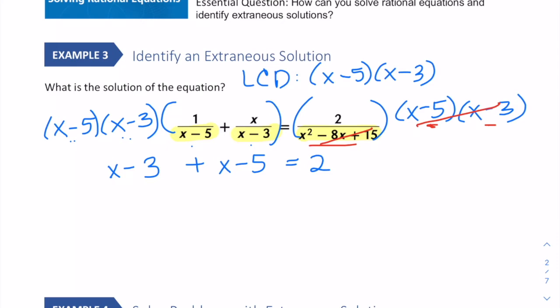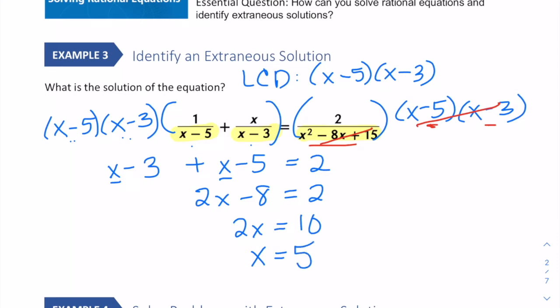Now we made our equation much easier to work with. So from here, I'm just going to combine like terms. So we have 2x minus 8 equals 2. Add 8 to both sides, so 2x equals 10. And divide, and we get x equals